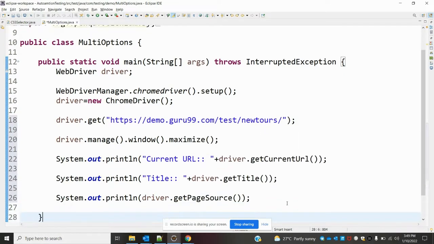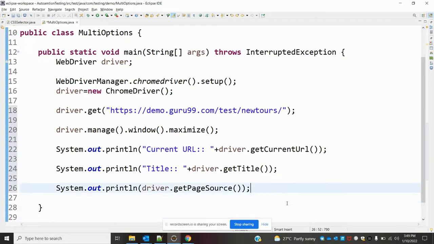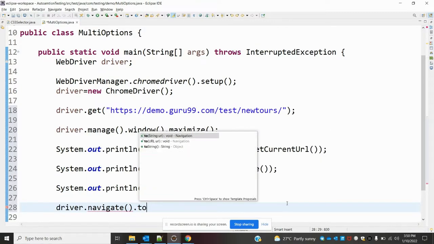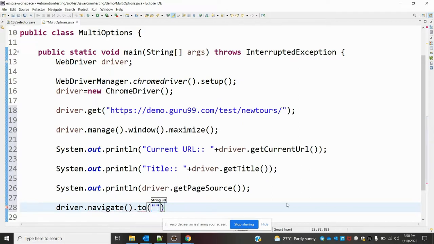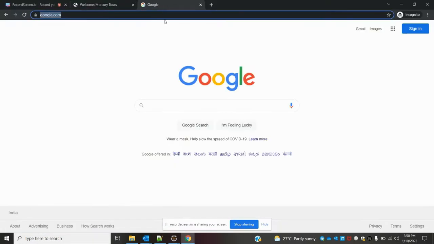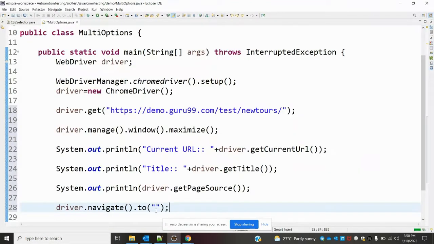This is the method, and it will get the entire source. Next is navigator: driver dot navigate dot to. We can specify which URL we need to load in the current window. We can say google.com, and then it will navigate there.